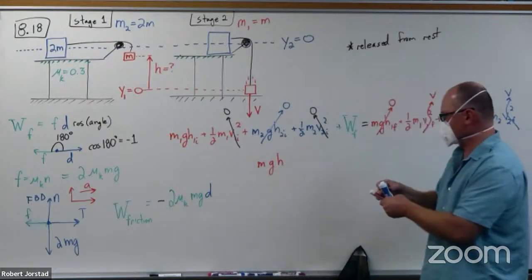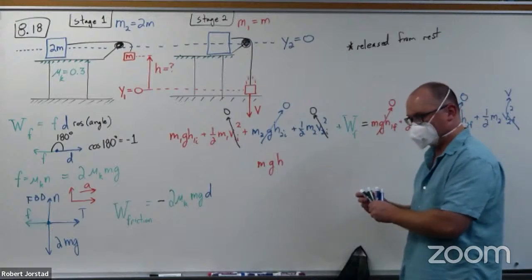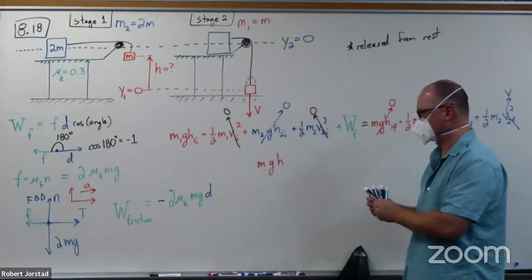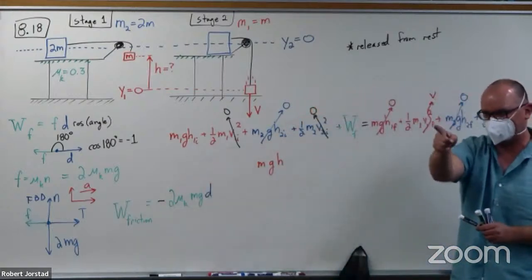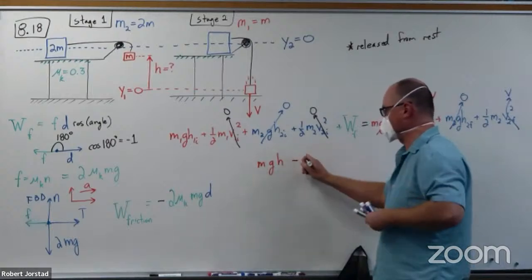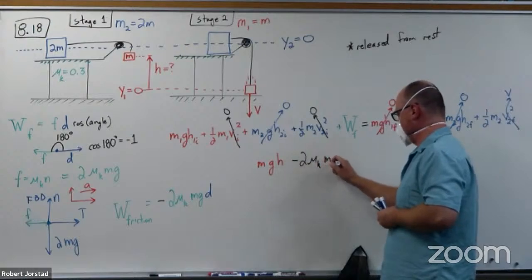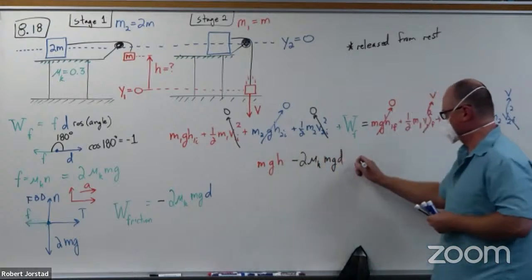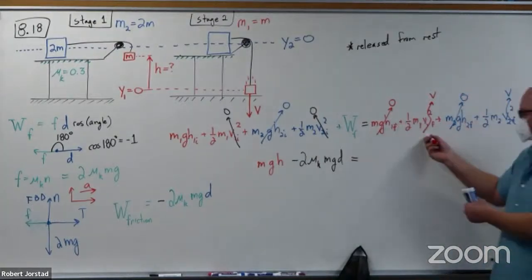What was the work done by friction? 2 mu K. No, negative. That negative matters. You were close. You agree? Yeah. Negative 2 mu K M G D. All right. This is 0. What do I get on this side? This red term becomes